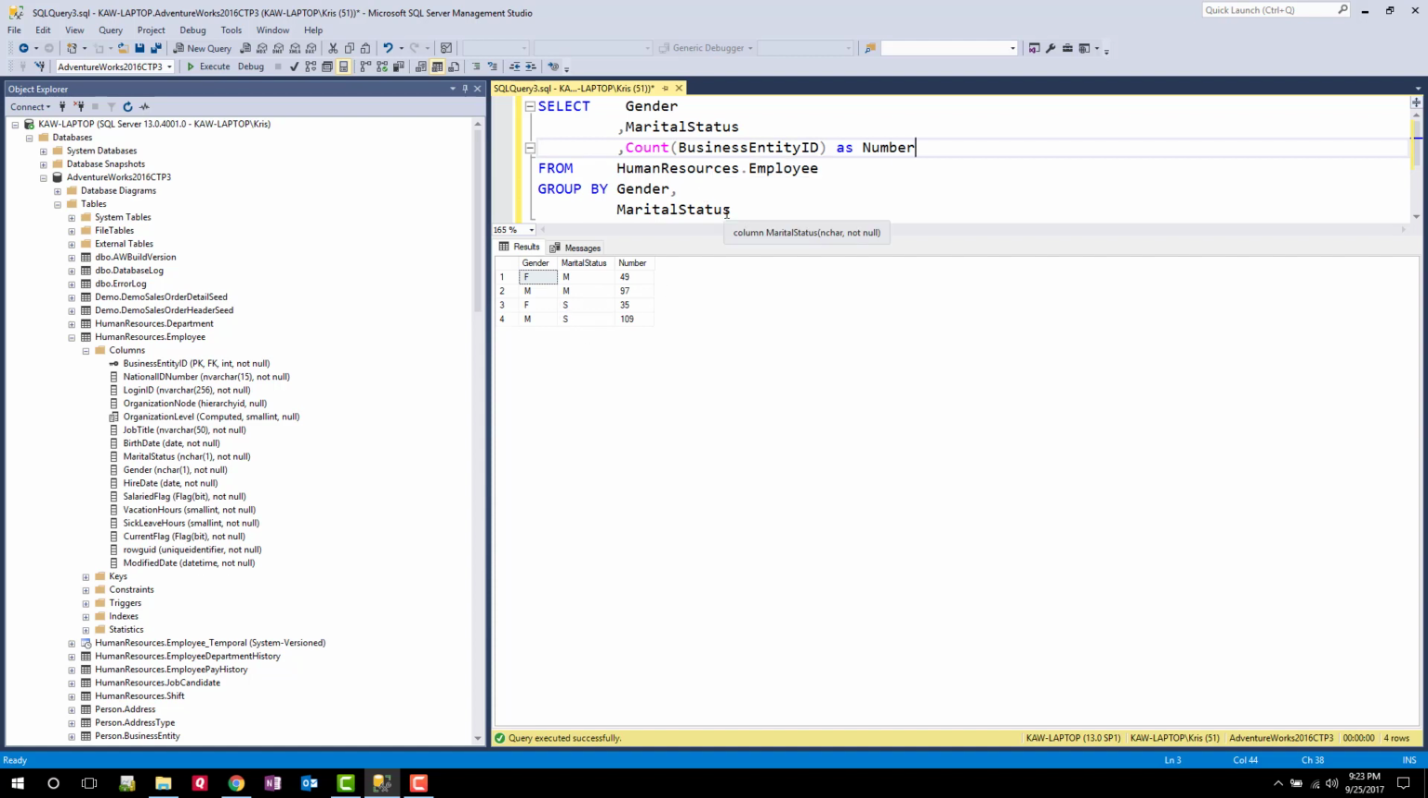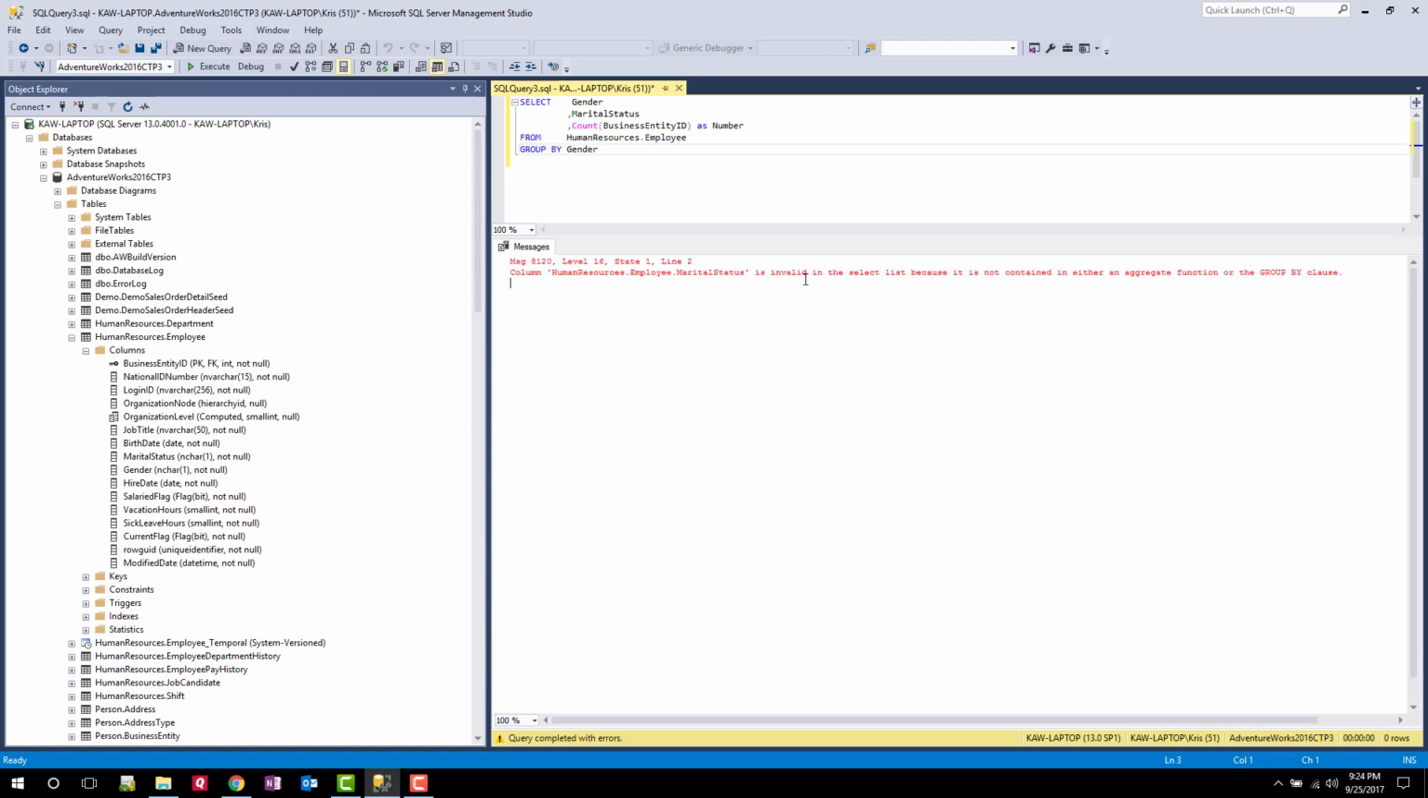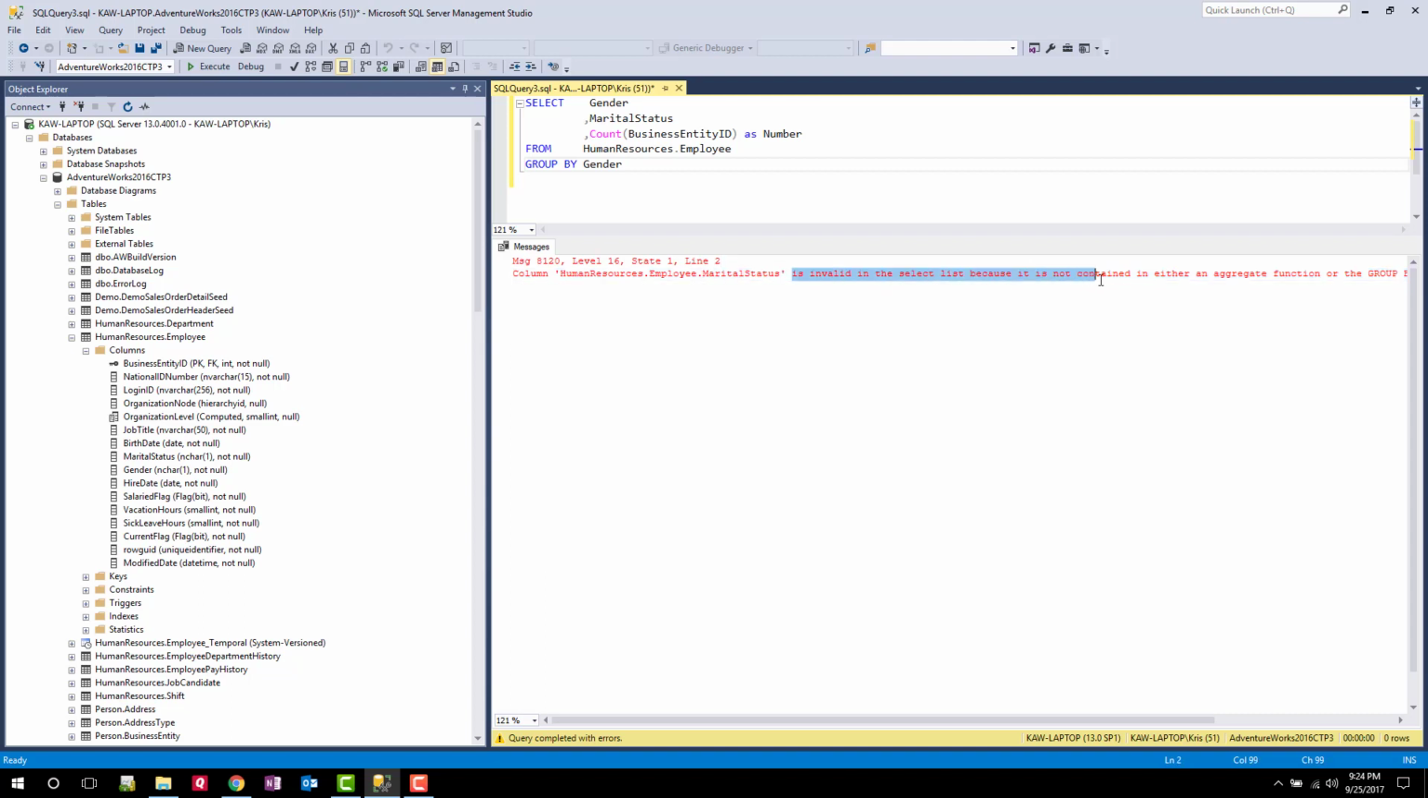Now, one thing you may wonder is, can I just group by gender? So let's try that. If I come in here and say group by gender and run the query, whoops, we get an error. Let me make this error message a little smaller. Here you can see it's saying column marital status is invalid in the select list because it's not contained in either an aggregate function or the group by clause. So what this is saying is that I can't just display marital status on its own in the select unless I have it in my group by,